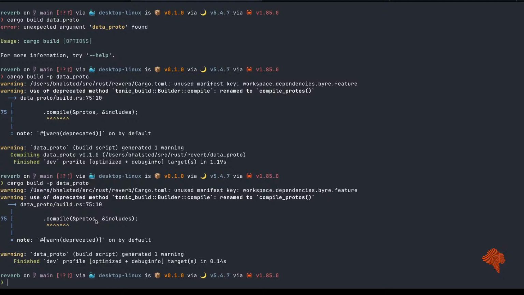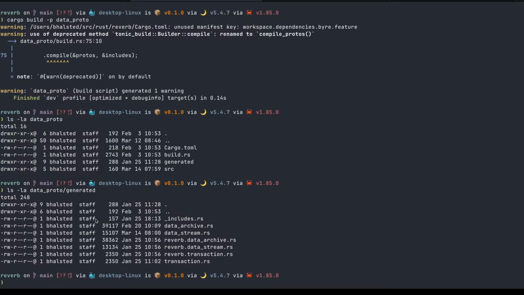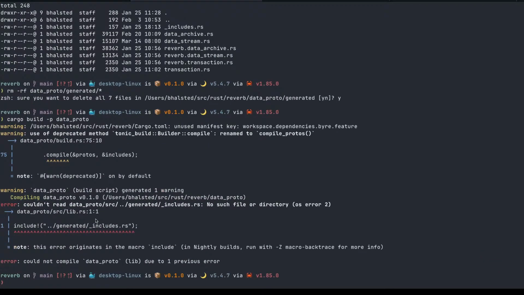Okay, that's fine. Let's maybe clean up the generated code. Generated. All that goes away. Yeah, sure. All seven. Build it again. No such file or directory. Interesting.